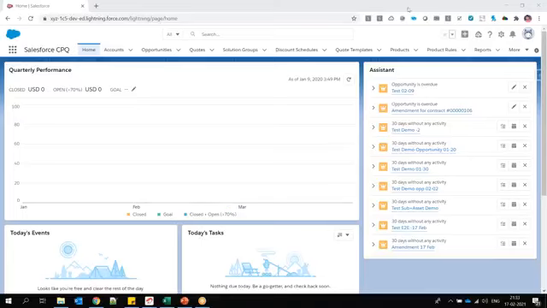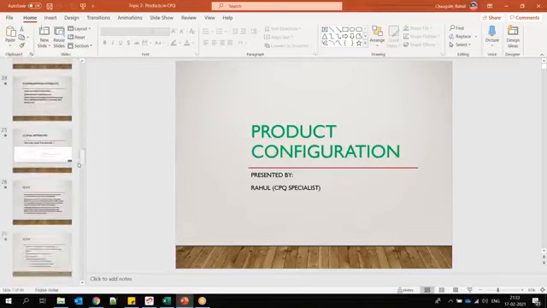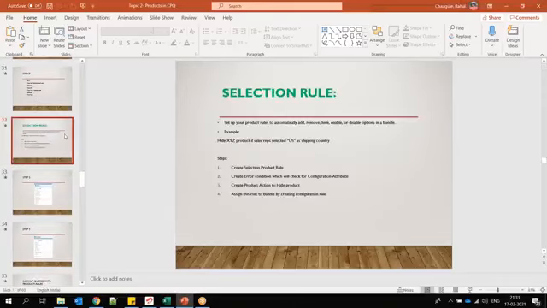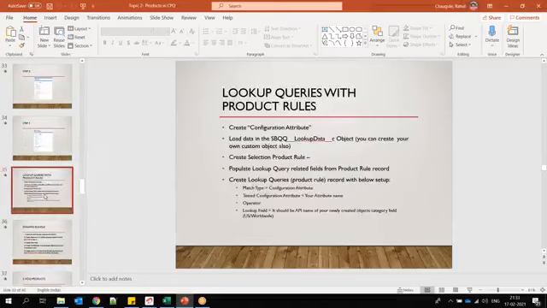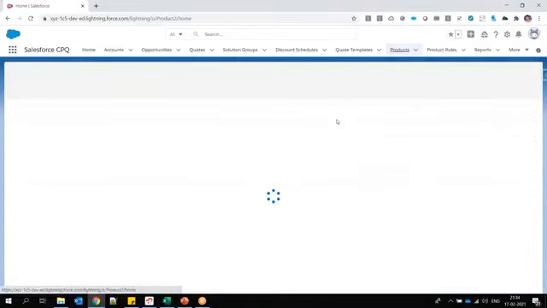Okay, so in yesterday's session, we discussed product rules, right? Let me go back. We were discussing the selection product rule. We already discussed alert and validation, and we discussed the selection rule, where we created actions with hide, remove, enable, disable, all these conditions. So today, as we discussed yesterday, we created one product rule. If you go to the product rule,